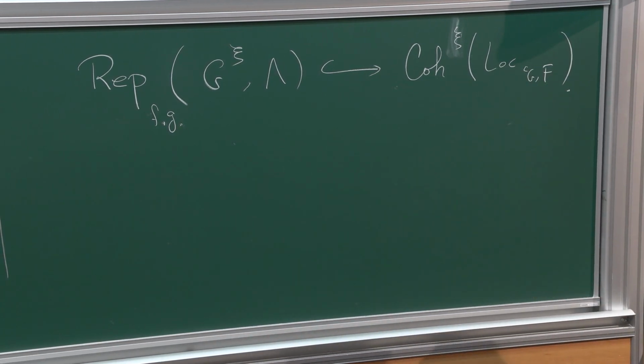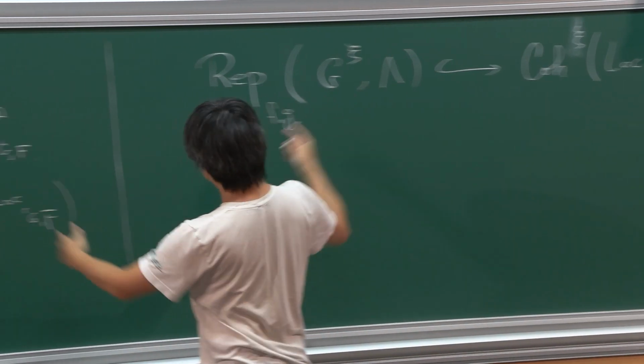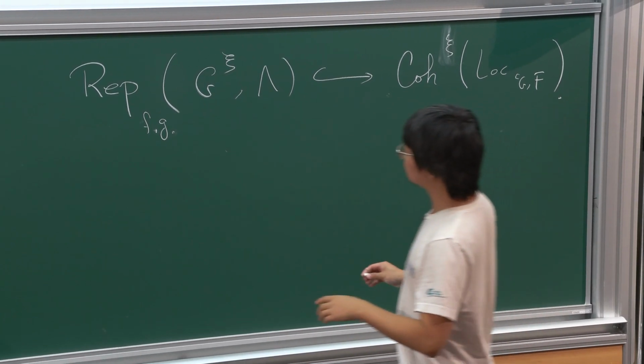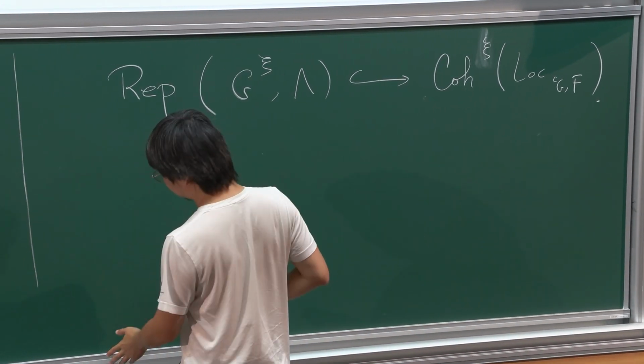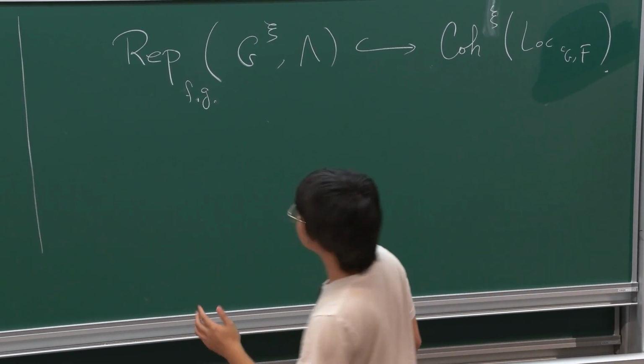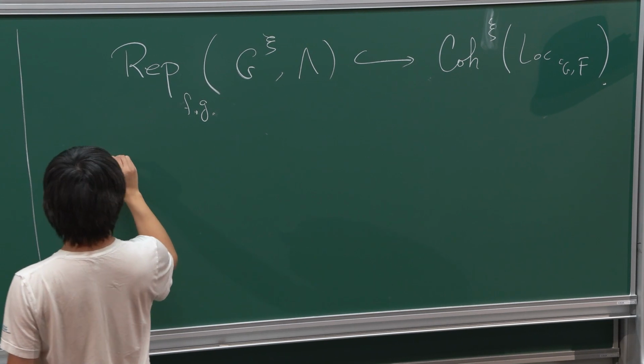Okay, so depending on how you normalize this, there should be some matching this way. I will not elaborate too much about that, but I just want to give you an example, because this is what several people asked. And so the simplest example is,